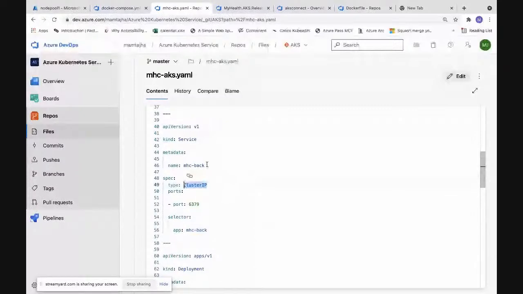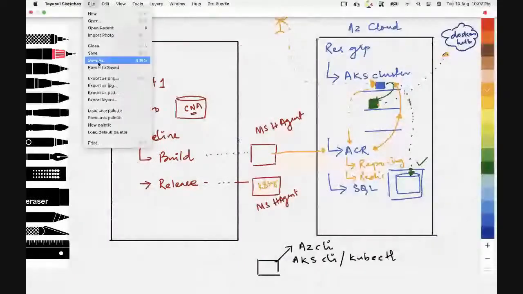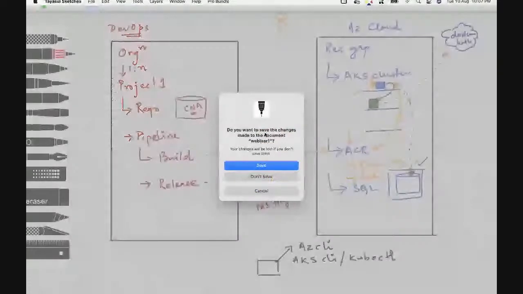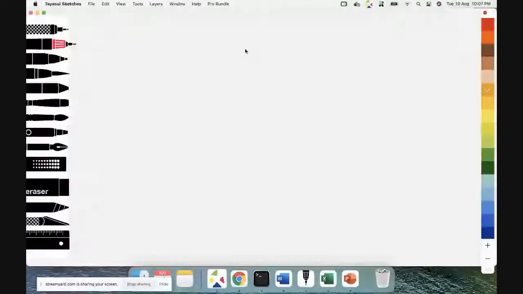And this is the metadata. This is a kind service. I had mentioned in your microservices architecture, we would be deploying applications in multiple replicas, and we would not be sending application packets directly to the app. Like this is my MHC backend, for example. I had given replicas equal to 1. So it will create one replica. If you want, you can specify replicas equal to 2. It will create 2 instances of it.